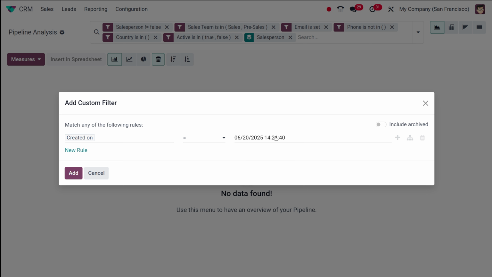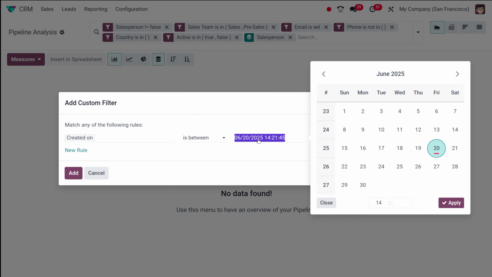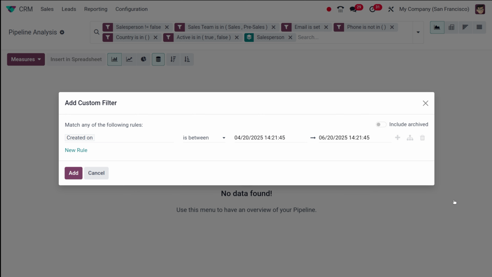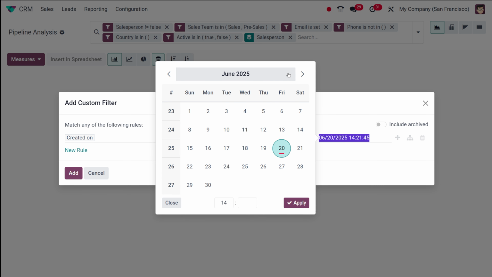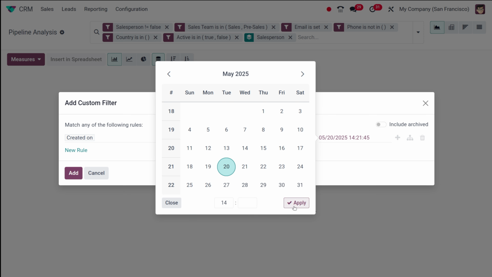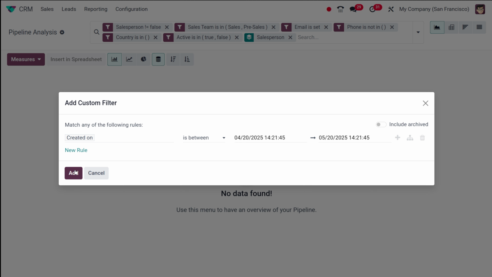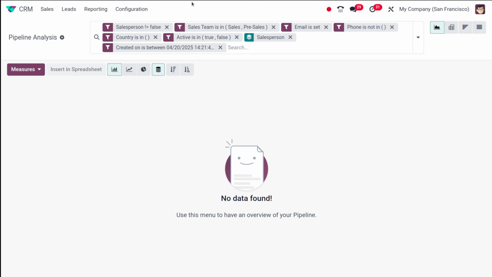So created on, I'm choosing this between April 20 to May 20. That's what I'm giving. Okay. And clicking on apply. Let's try whether it's coming. Add. Okay, so the time range is also changed, and we have already added the thing as salesperson.